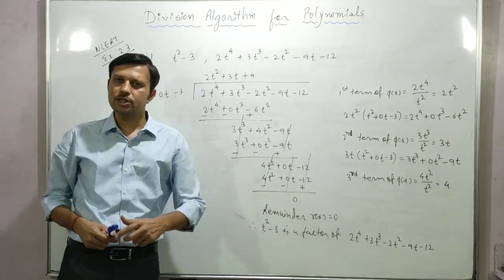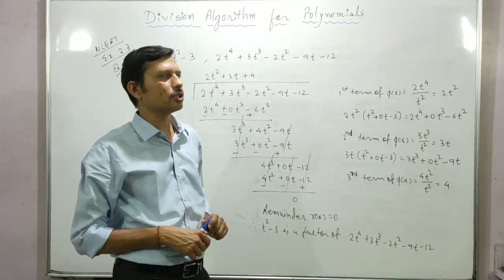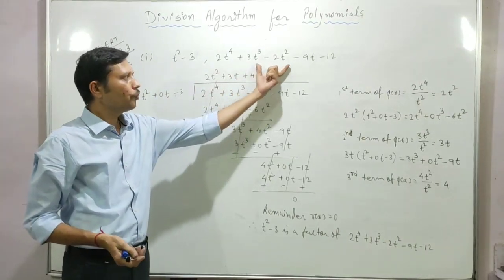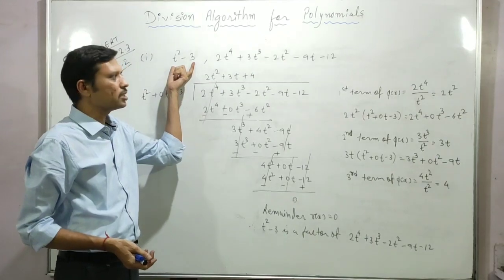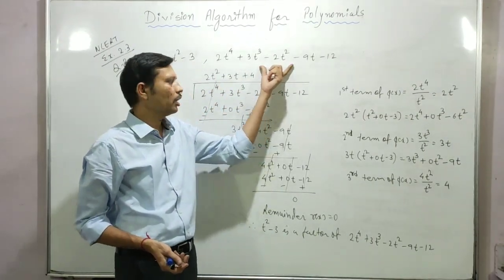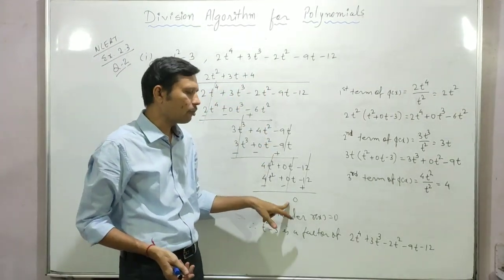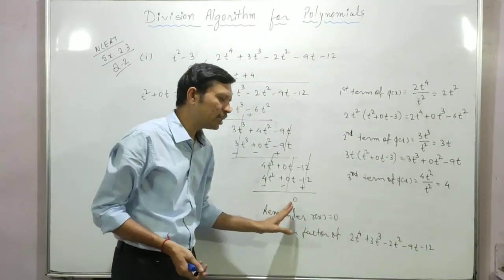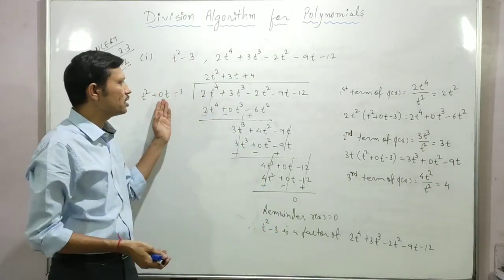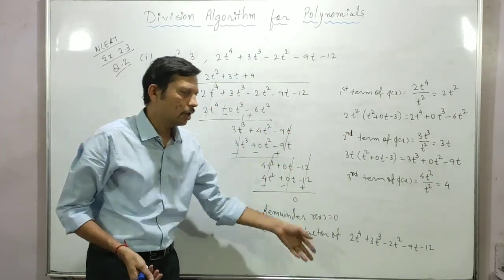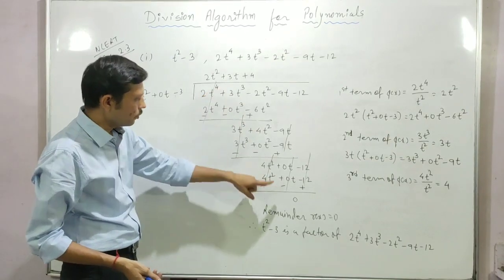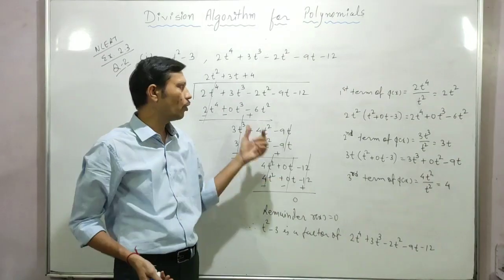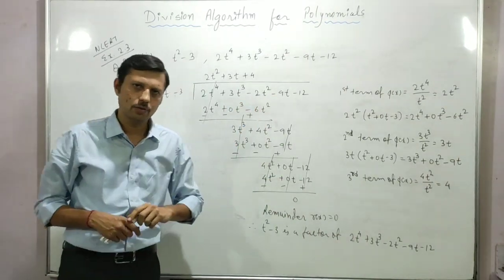In the same way we have two questions further. You can do the calculation by yourself. It's simple long division. Take the first polynomial as the divisor and the second as the dividend, and make the division. If your remainder is 0, that means your divisor is a factor of your dividend. If you don't get 0, then your divisor is not a factor of your dividend. And one more point: when you get remainder 0, your divisor as well as the quotient both will be factors of your dividend. Okay.